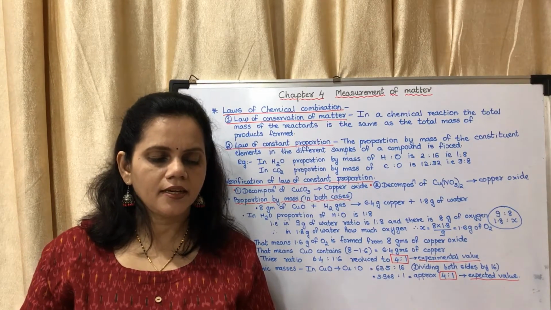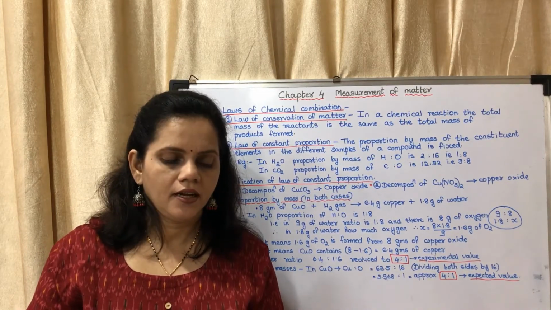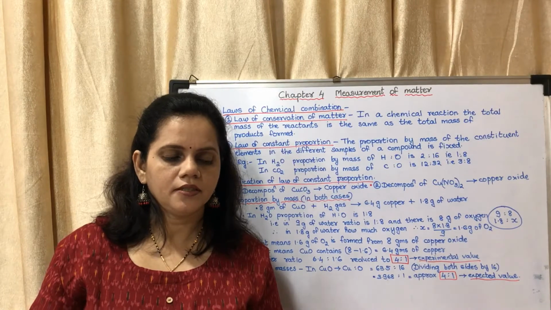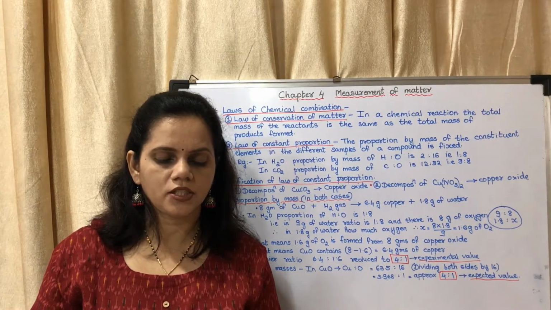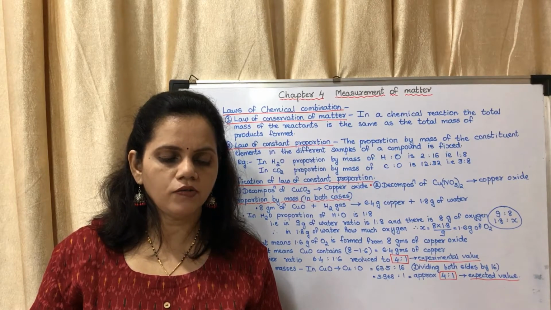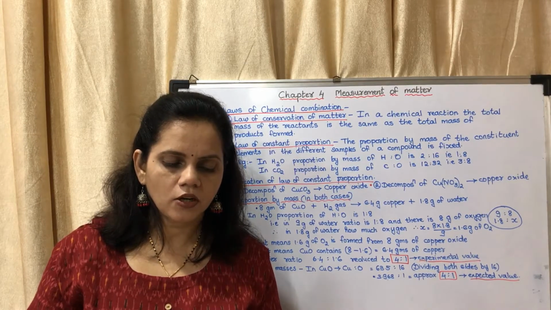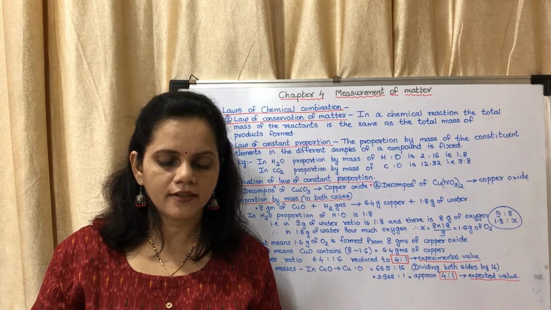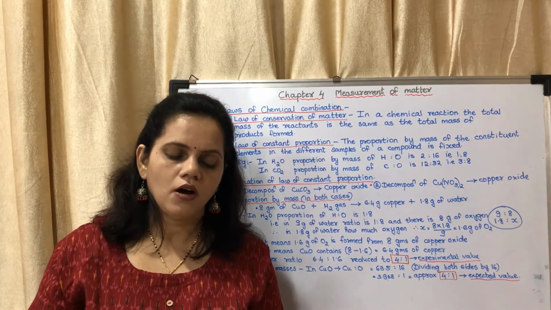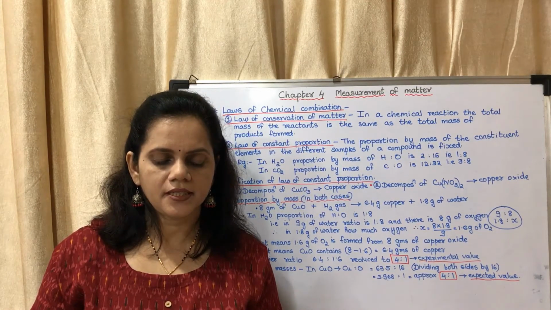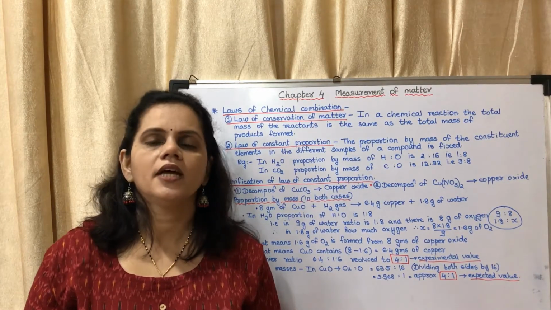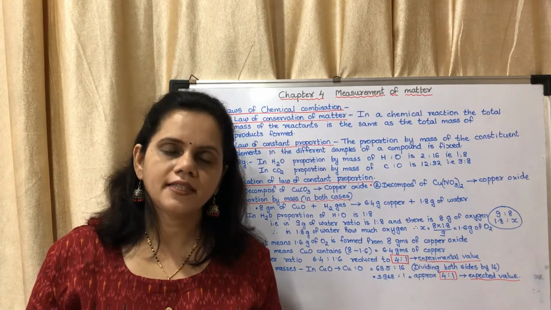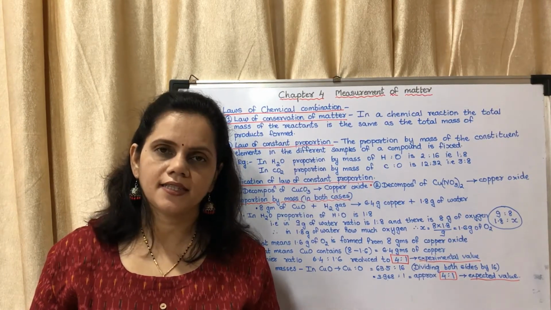You may see this in the second paragraph of the chapter, the first paragraph under laws of chemical combination. With the help of the laws of chemical combination, scientists could then write the molecular formula of various compounds on the basis of Dalton's atomic theory and the laws of chemical combination. Now there are two activities given below. I will discuss those activities.